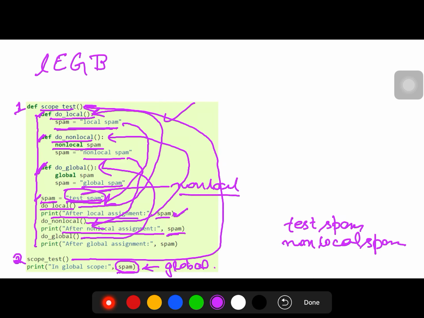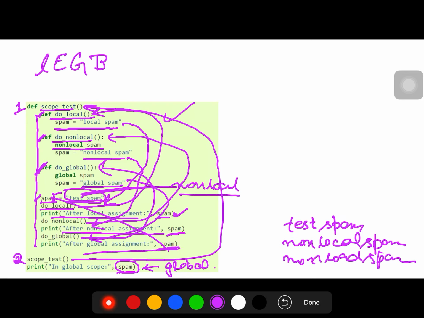Now we are changing its value to global spam, and upon exiting, we are referring to the spam. We are not referring to the global spam here, we are referring to spam, simple spam. Spam is this variable and its value has been changed to non-local. Again we will get the value non-local spam,